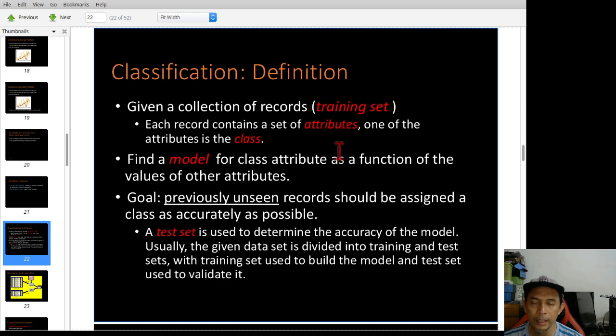You can imagine your Excel sheet. The sheet itself is what we call the training set. Normally it consists of several rows. Each row is a record, and for each record you have columns. The columns are the attributes, and the last column normally is the class.